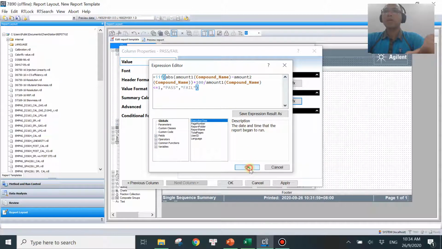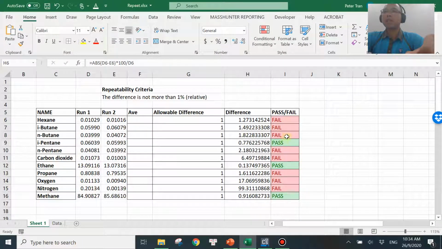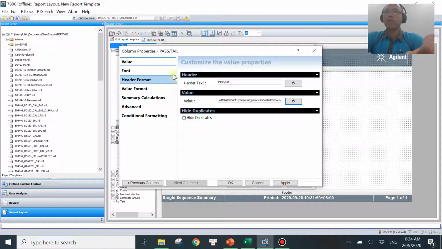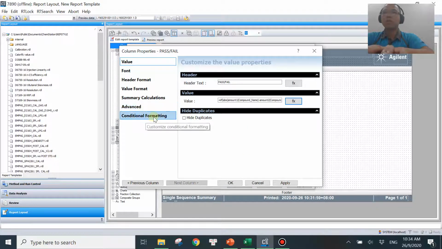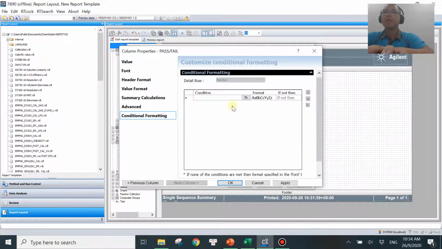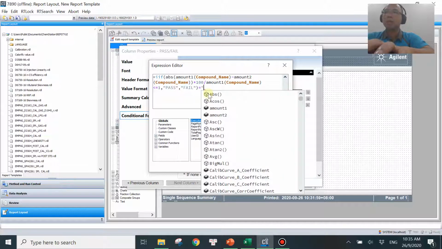Let's say okay. And then the last thing you want to do is conditional formatting for this column as well. So let's do that. In order to do conditional formatting, what you need to do is just copy the whole thing over here in the expression editor. Copy that, say okay. Then you go to conditional formatting down here. And then under condition, you click on the FX. Then you paste the formula just now. And if this whole thing is pass,